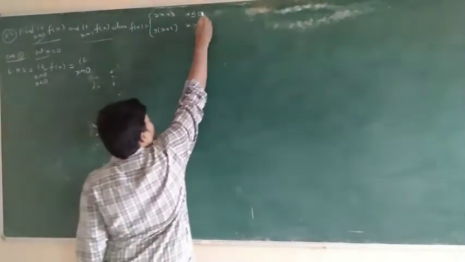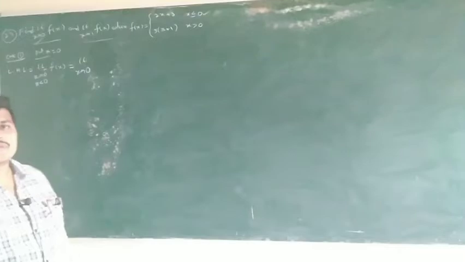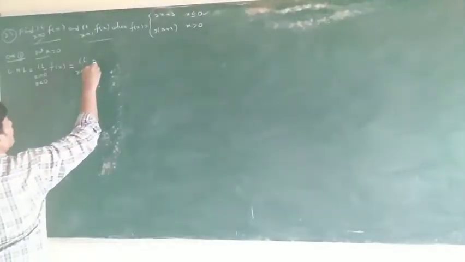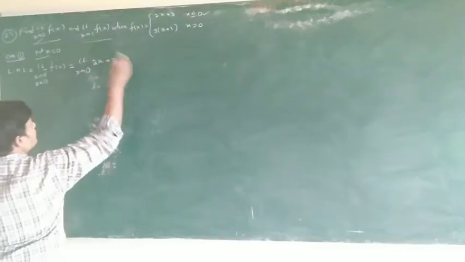We don't know. So limit x tends to 0 minus means x less than 0. Here less than 0, which function? In the first function, we have to observe the first function. x less than or equal to 0 means x less than 0 or x equal to 0. So limit x tends to 0, 2x plus 3 is equal to